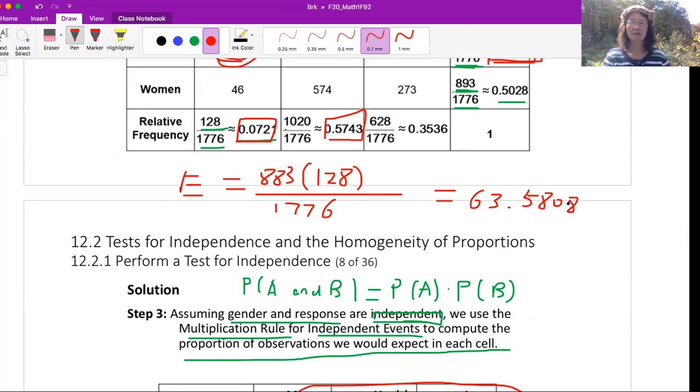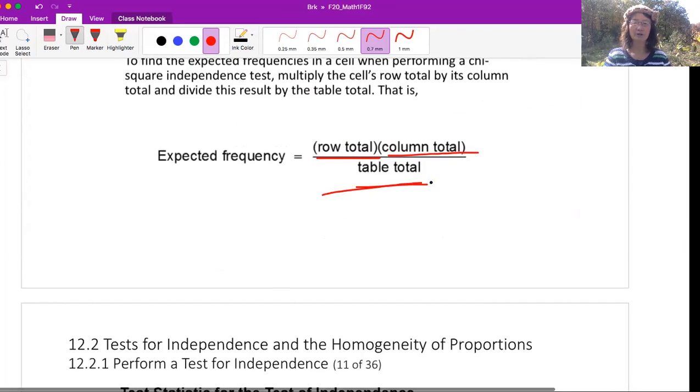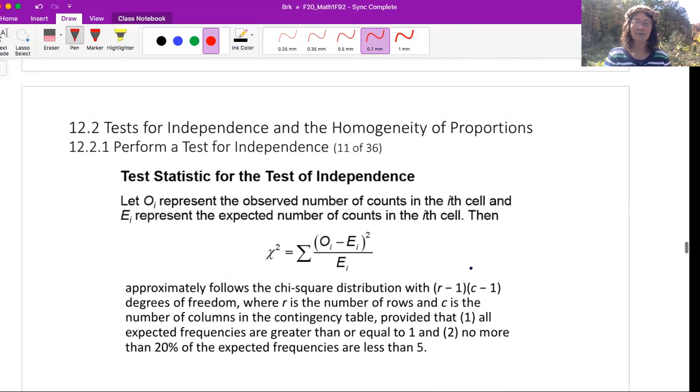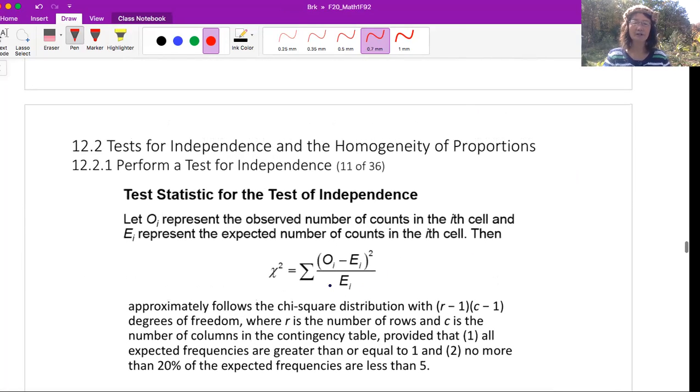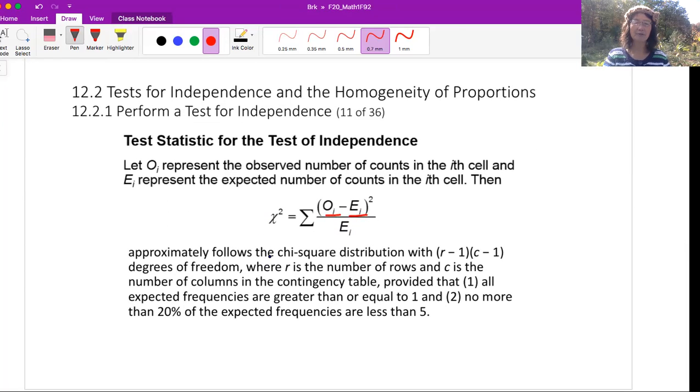In the past, from experience, most students will choose this method: row total times column total divided by grand total to get the expected value. So this formula, most students will choose this one. And once you have the expected value, you then use observed minus expected, square it, then divide by expected, add them all, you get chi-square. And this chi-square follows chi-square distribution,